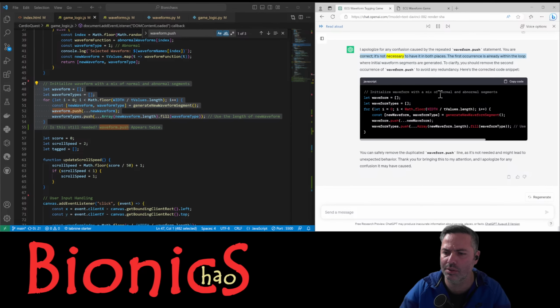You are correct. It's not necessary to have it in both places. The first occurrence is already within the loop where initial waveform segments are generated. To clarify, you should remove the second occurrence of waveform.push to avoid any redundancy. Here's